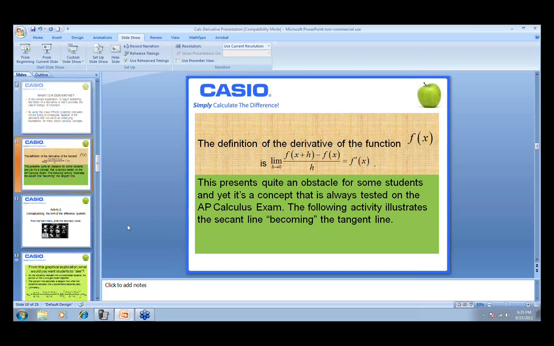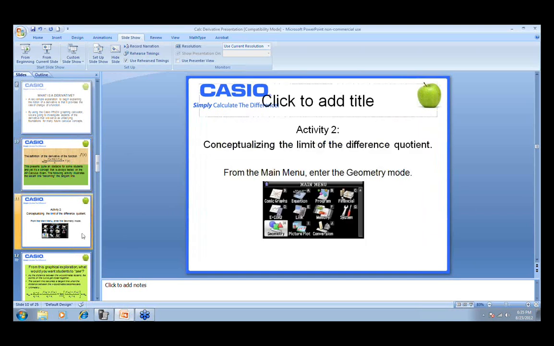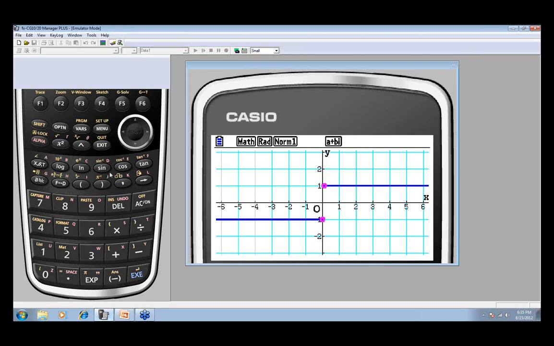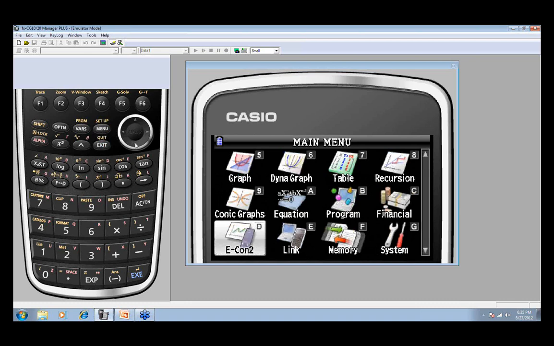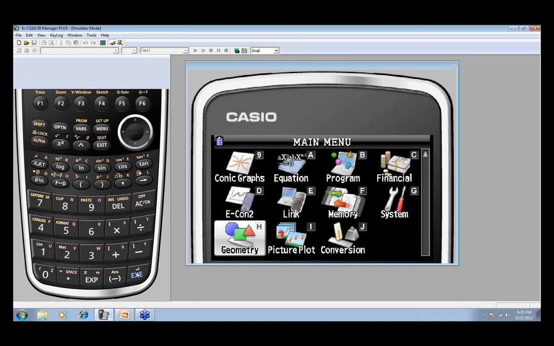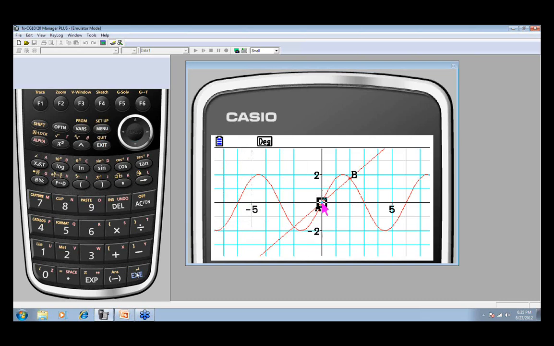This can also be found in the Calculus AP exam study guidebook that was written by Mike Reiners and Jan Borg, and you can find it, I believe, online. There are a lot of great AP Calculus activities. This one is an investigation that helps you see that the secant line can become the tangent line. To do this activity, we're going to pull up our graphing calculator, go back to the main menu, and enter the geometry mode this time. So I'm going to press exit, and go to the geometry mode, which is in the lower left-hand corner. Your calculator may be new, or you may have something there already. We're going to start from scratch.